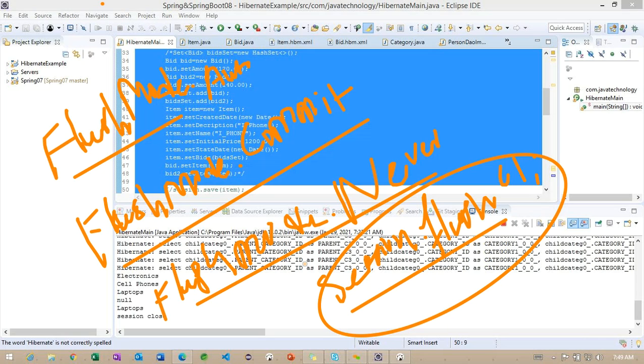Okay, so this is all about the flush as well as the transaction information. We have pending here, we need to get more information regarding the query criteria as well as something called the get and load methods we have identified. We'll see how we can work on the fetching related methods.